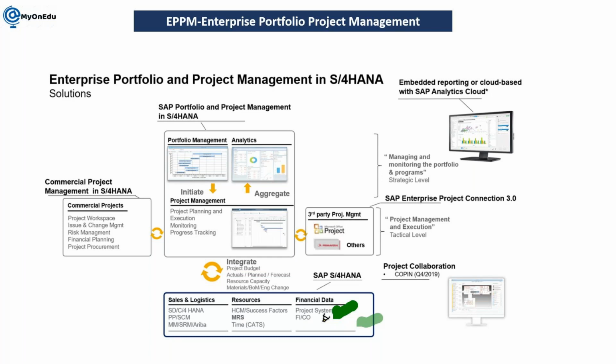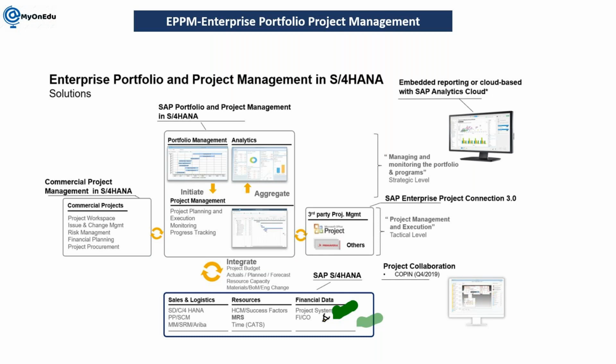Okay, so here if you see combinedly EPPM, which has project system, your controlling module, which is integrated with core modules like material management, like financial and controlling. It is integrated with sales and distribution. It is integrated with your material management and PM, plant maintenance. So you see around, whatever the specific modules are given, the PS is integrated everywhere wherever the controlling is